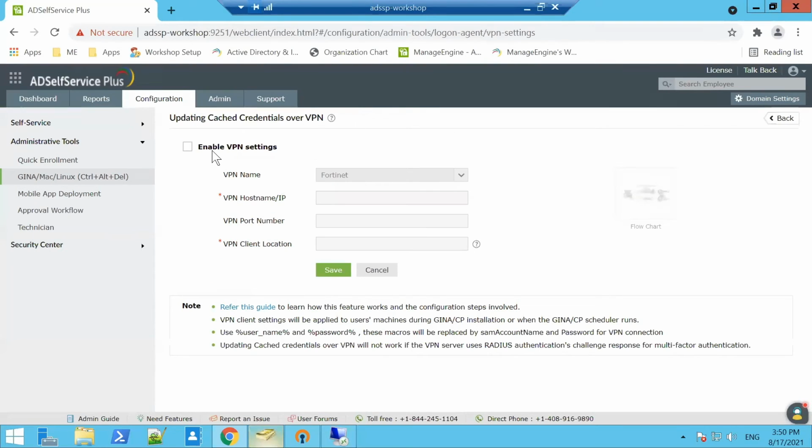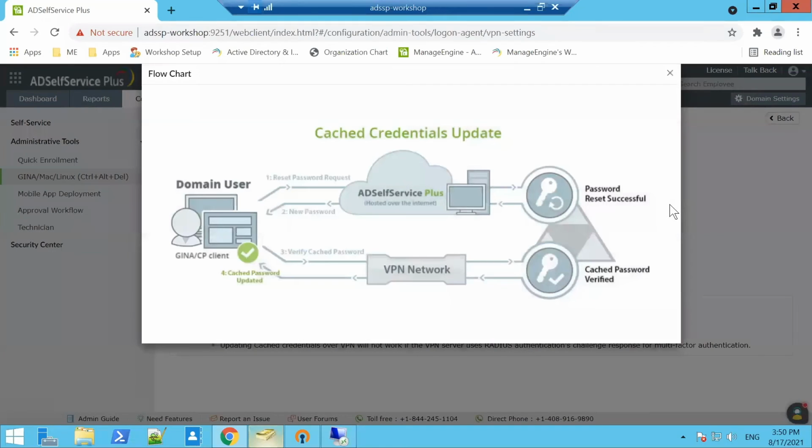So this is what you can do. You can enable the VPN settings and ensure that the cache is updated. This is how the workflow is going to be. And the other important point here is that AD SelfService Plus, when hosted on the internet, will allow you to perform a successful password reset, allow users to log in and access their accounts, but at the same time be able to update the cache with the help of